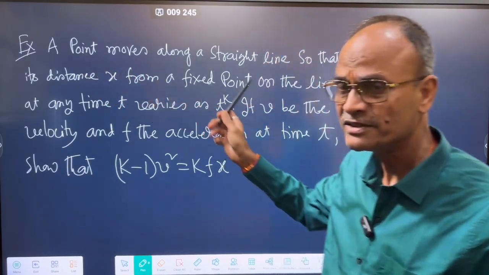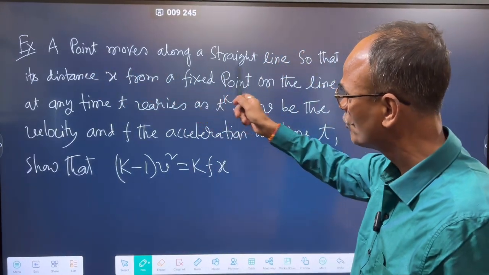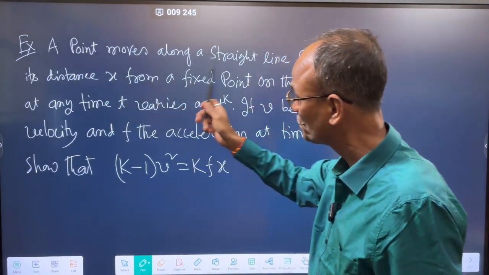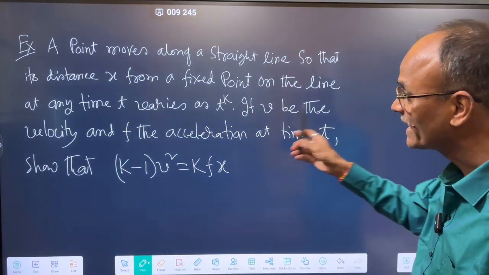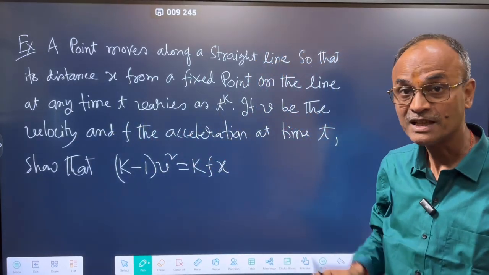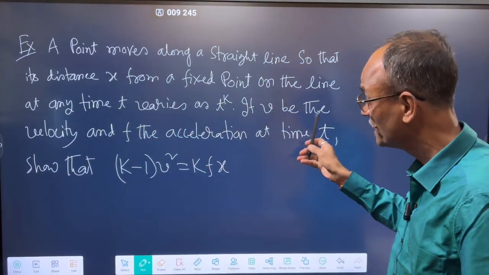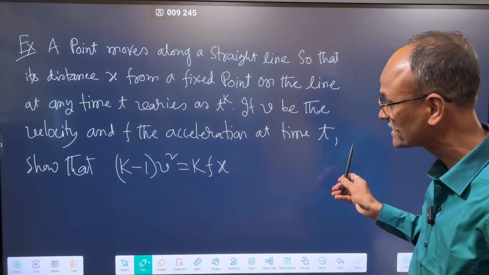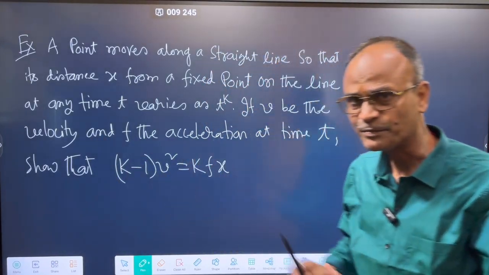Suppose this problem: a point moves along a straight line so that its distance x from a fixed point on the line at any time t varies as t to the power k. If v be the velocity and f the acceleration at time t, we are to show that